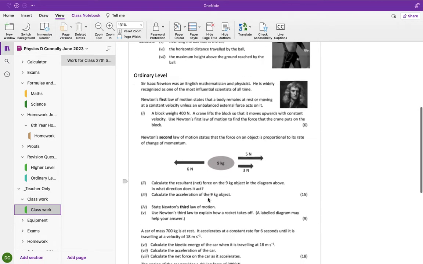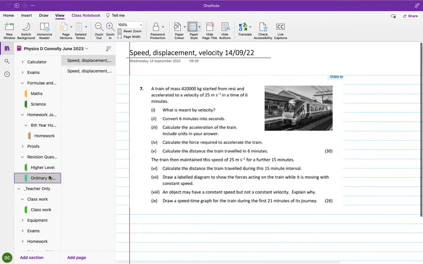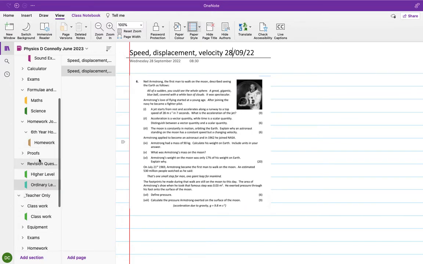And then for ordinary level, Devon, you owe me 3 questions. So this one here, and then both of these, the train and this. Okay, so that's 2 questions the higher level students owe me, and 3 questions, Devon, that you owe me. And I'm going to take them up tomorrow. Okay, so the plan is you won't have homework tomorrow, and I'm going to take them up. Like the only homework you're going to have is a paper question. But I'm hoping to be able to take that up and you just do your paper question and upload it yourself. Okay, so now,